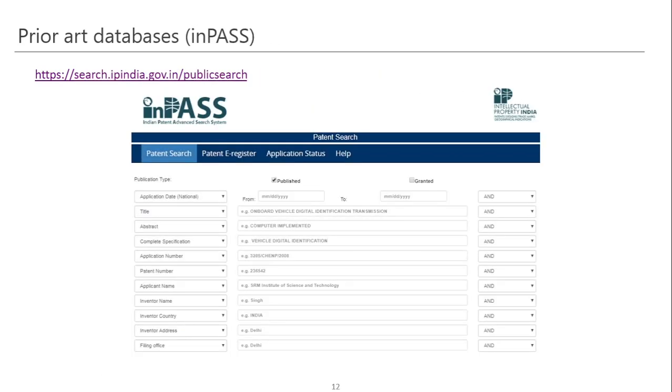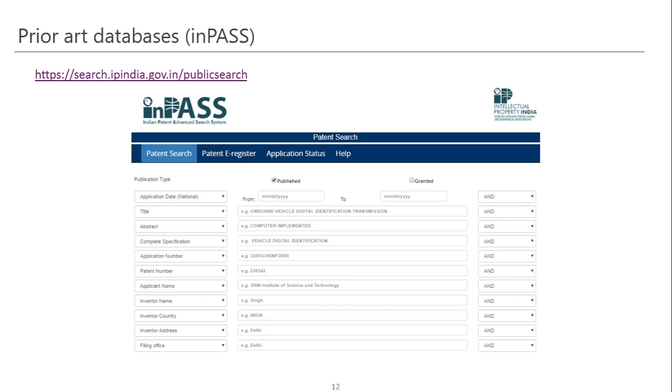So you can see that so far we have seen examples of free public databases, where we can search the prior art, or specifically the patent documents and published patent applications related to a particular topic. And I'd suggest that most of the people who are in academia should start using these freely available tools and exploring them so that they can do quality research. They can get quality information, quality prior art documents, and citations for their research or their paper.